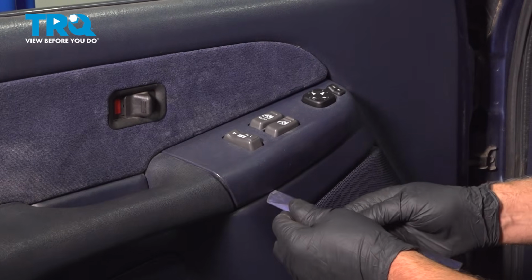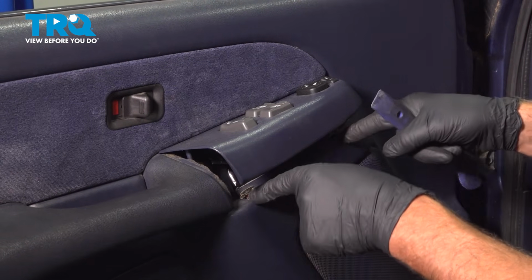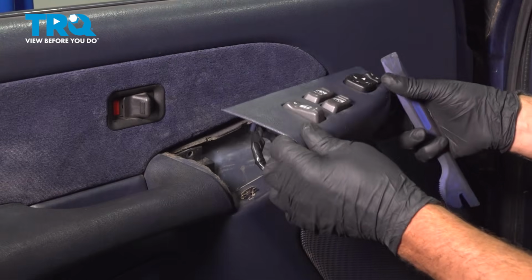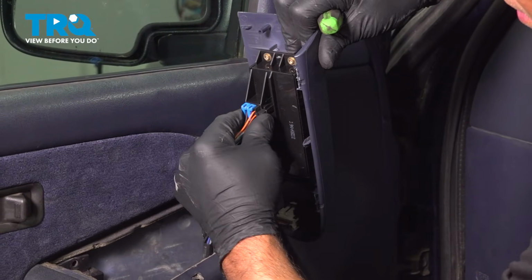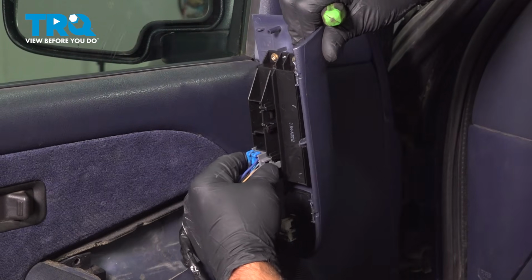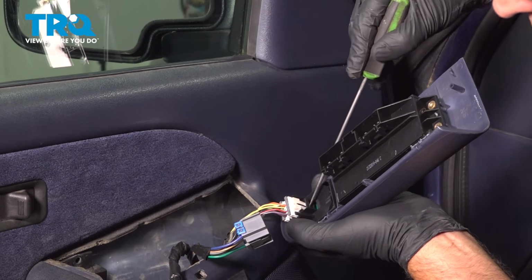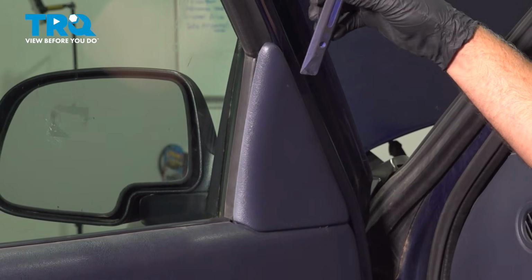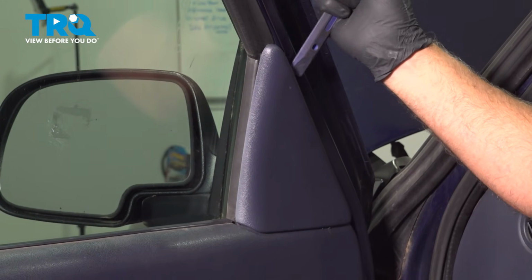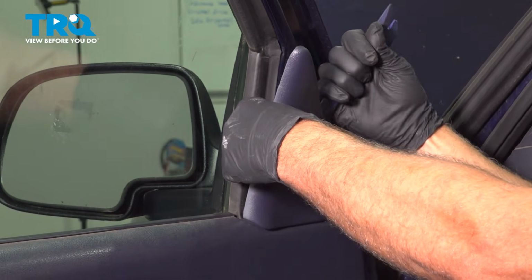Underneath this bezel, just use a trim tool and pry up. There's two clips that hold it down right there, and the whole piece comes out. Disconnect the connectors, push on the tabs, slide those off. This one I'm just going to use a pick, push down, slide that one out. Take this cover off, just use a trim tool, get behind here, pop it out,